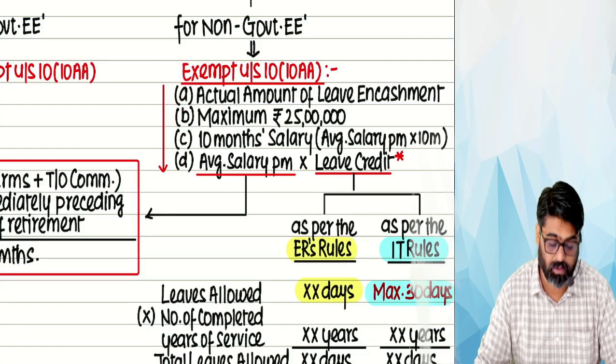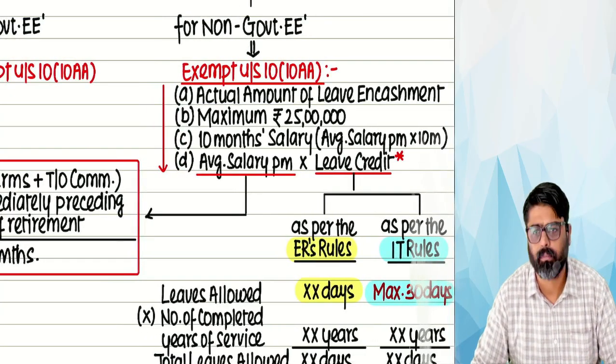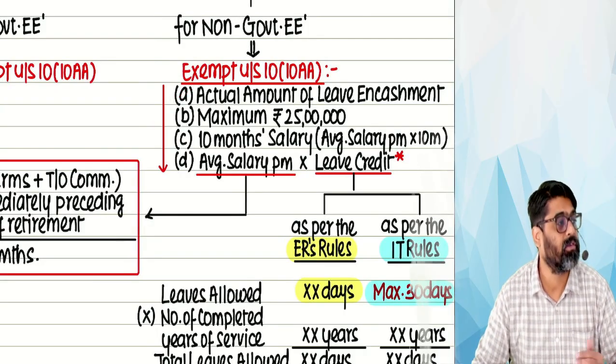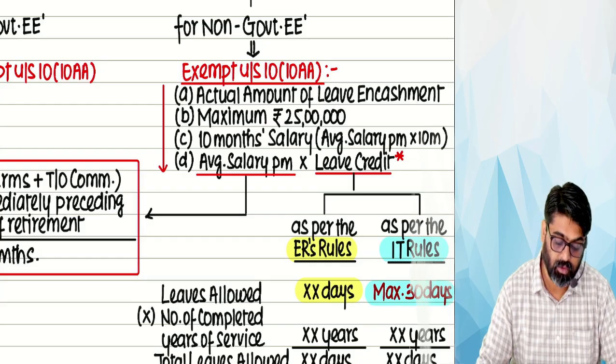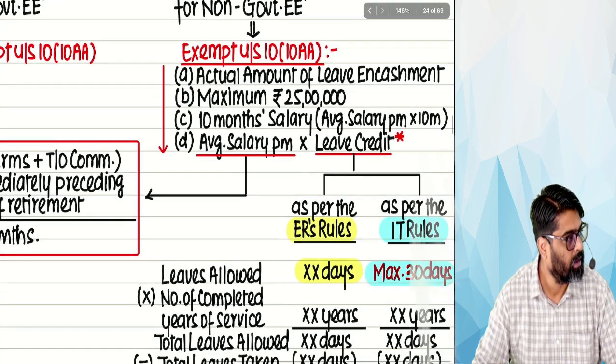What are the limits? A, B, C and D, whichever is lower. Now see, A, always the actual amount will come. Actual amount of leave encashment. B, the maximum limit of exemption given is 25 lakhs. How much? 25 lakhs. And C,